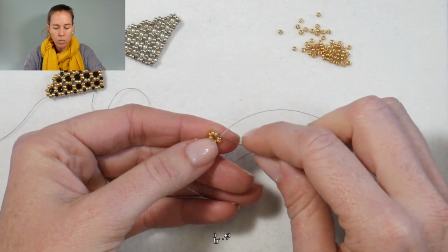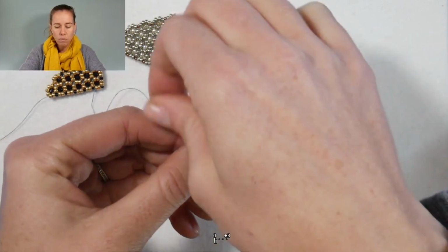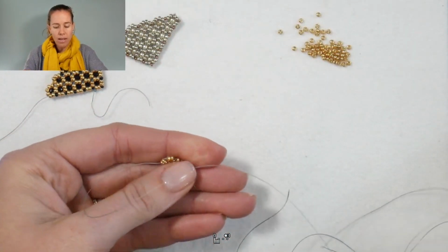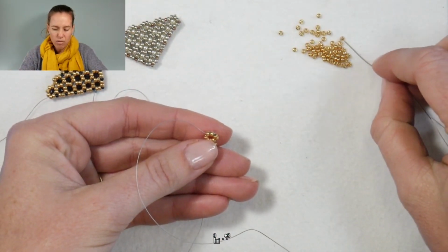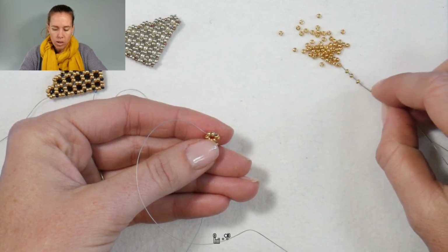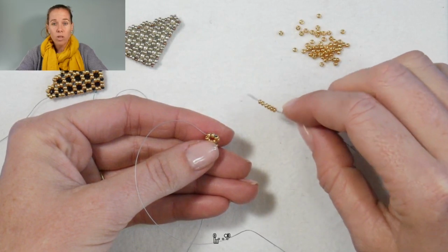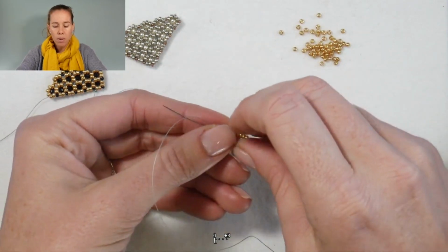through and out, so we're coming out the top of the last box that we added. To add our next box on, again, the top of the last box becomes the bottom of the next. So we're basically building like floors onto a house, if you think about that too. So I'm going to put on 6 more beads. And once I have those 6 beads on, I'm going to go back through that box bottom